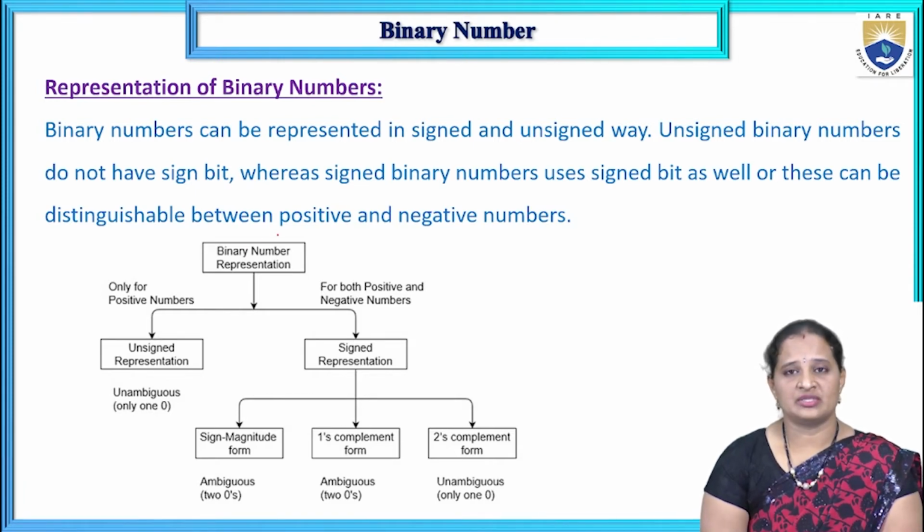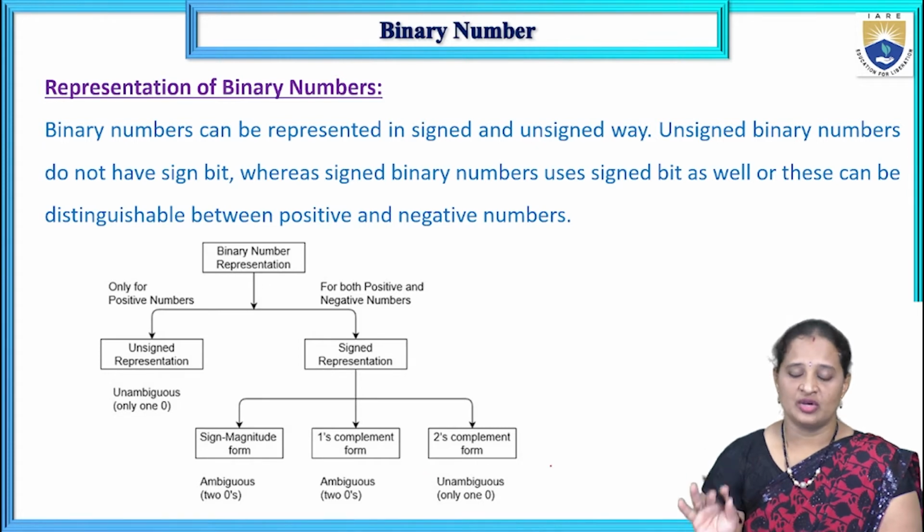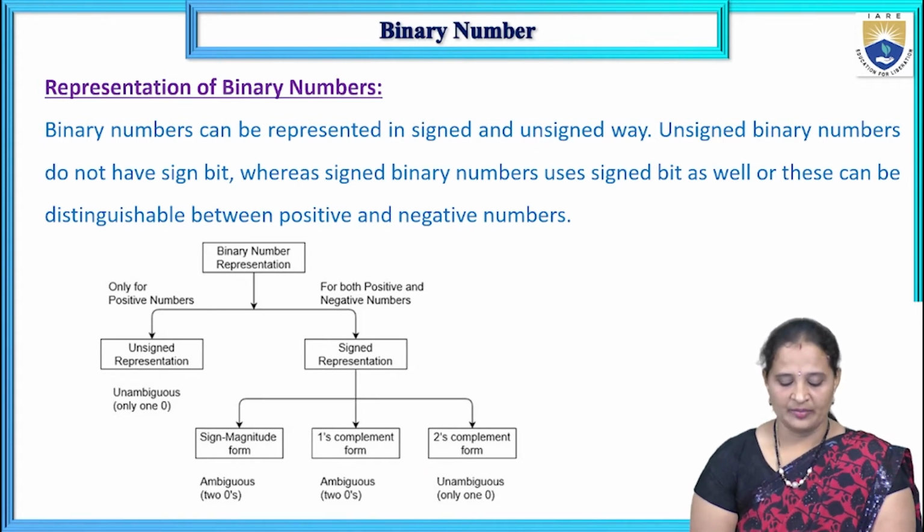A binary number can be represented in two ways, unsigned and signed. Unsigned means this can be used to represent only positive numbers. Where we want to represent negative numbers also, we'll be going for the signed representation. Again, the signed representation is of three types: signed magnitude form, 1's complement form, and 2's complement form. Okay, so here